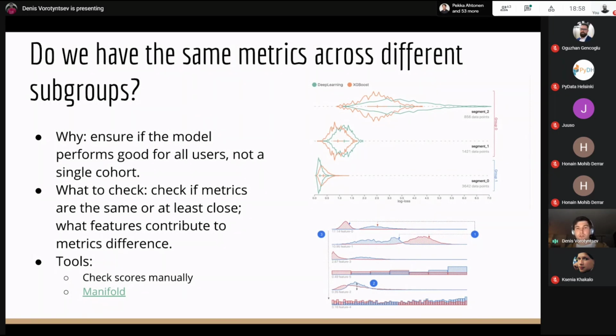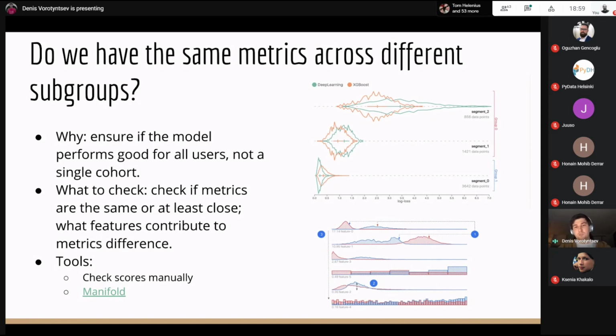But I really like this idea, which was presented by the guys from Uber, the library called Manifold. The idea is the following. We train our model. We make predictions for our holdout data set, and then we cluster our data based on the difference between the actual prediction and the actual label.